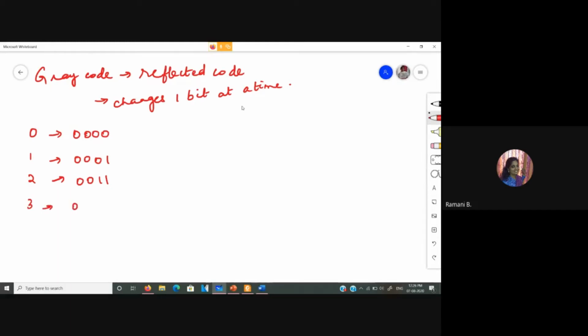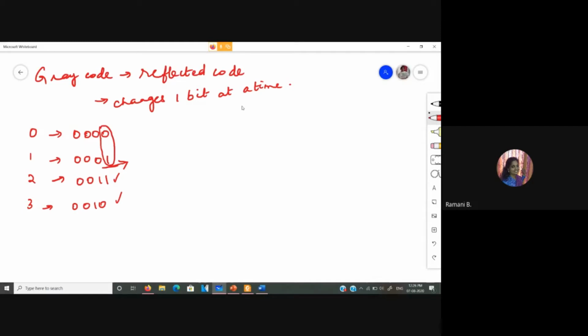And for 3, it is 0, 0, 1, 0. Now let me tell you why this is called the reflected code. If you consider only the first, the least significant bit position, it is simply 0 and 1. Now this is getting reflected, that is, if you place a mirror in this position, this is just a reflection.